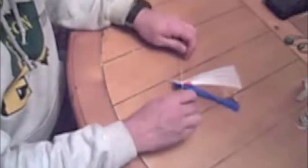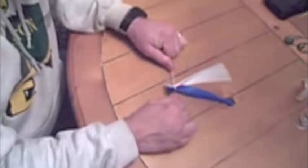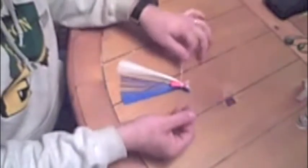So what I'm doing here is I'm taking the ends where I had my string laid out, and I'm just going to make like a little granny knot here. And I'm just going to kind of pull it tight, trying to keep the hair, just slow and steady. And I don't know if you can see it, but the hair just kind of comes up around, and you just pull that tight, and it's just like tying your shoes. And then I flip it over, do the same thing again, make one more granny knot,